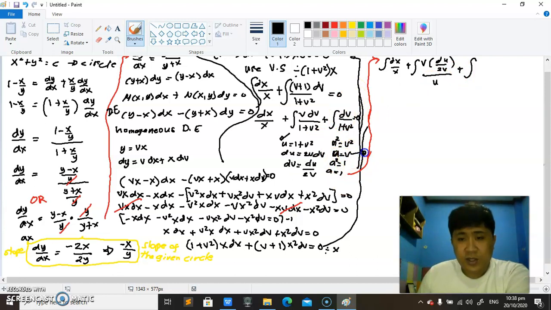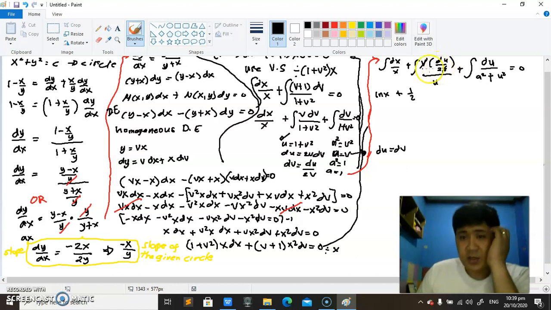Okay, u is v. Therefore, when you derive your u, that is du, derive your v, that is dv. So therefore, your dv becomes du over 1, which is your a squared, because your a squared is still 1, plus v squared, which is your u squared. And we know the equivalent of this one. So therefore, we integrate dx over x, that is ln of x, plus, we could cancel this one. So we have 1/2. So what remains is, move that 1/2, du over u, so ln of u,